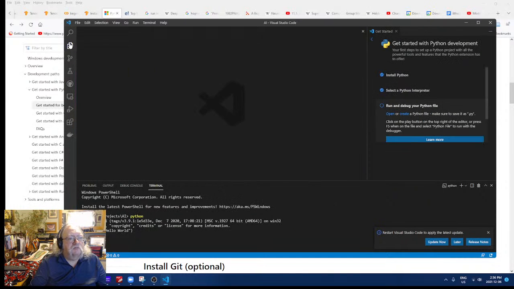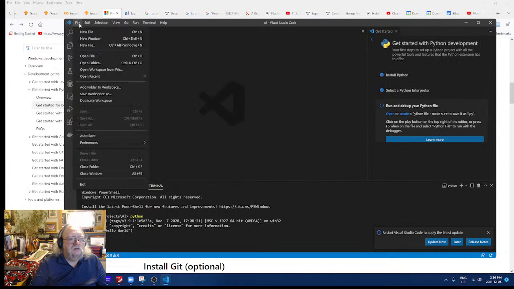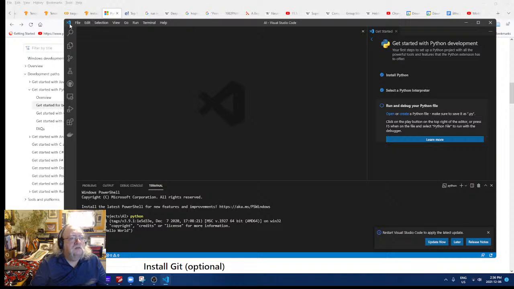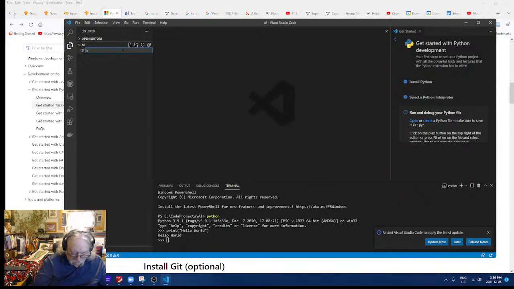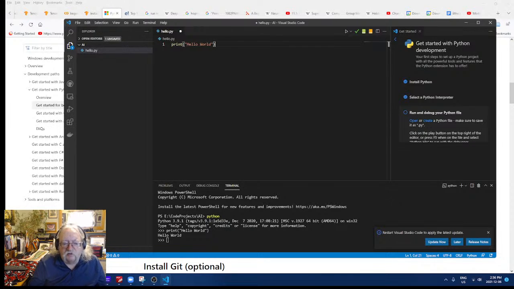Oops, that's not what I wanted. Right, open editors. Okay, new file, hello.py. Put in the command there, and now I'll exit here, Control Z, right? Yeah.